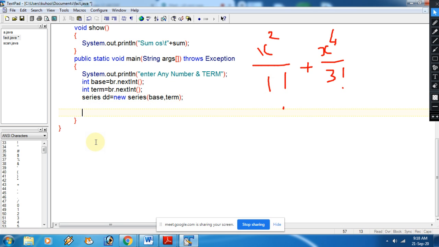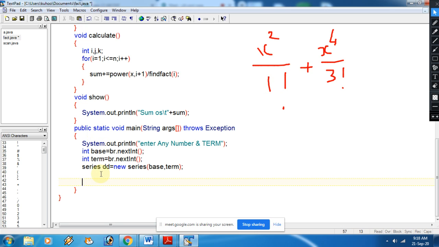After that, what are we supposed to do? We are supposed to calculate: dd.calculate, then dd.show.